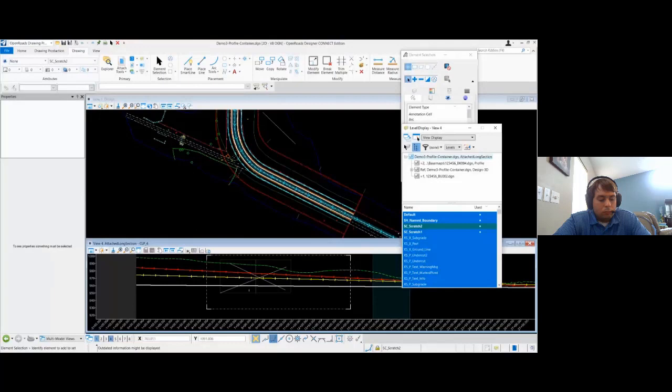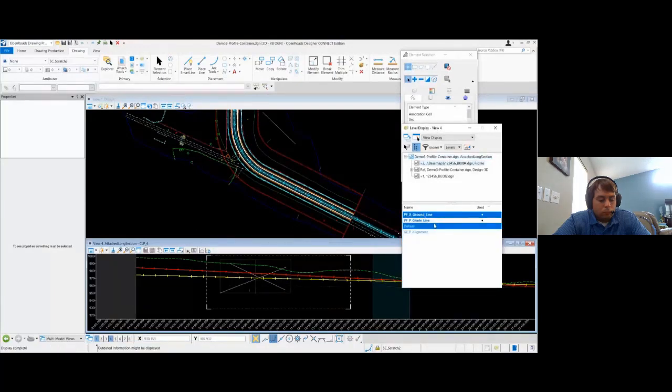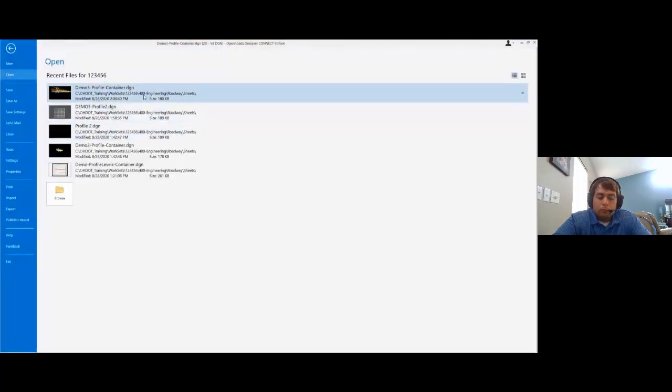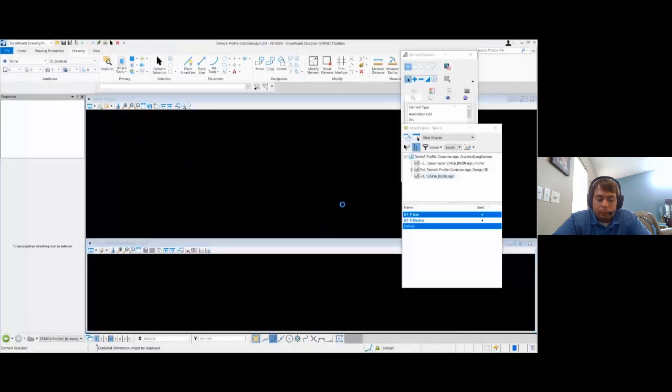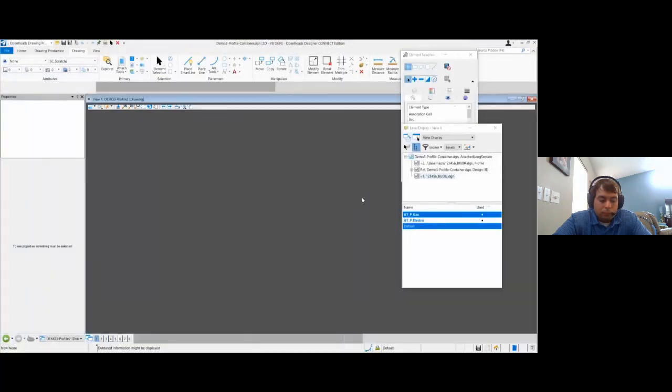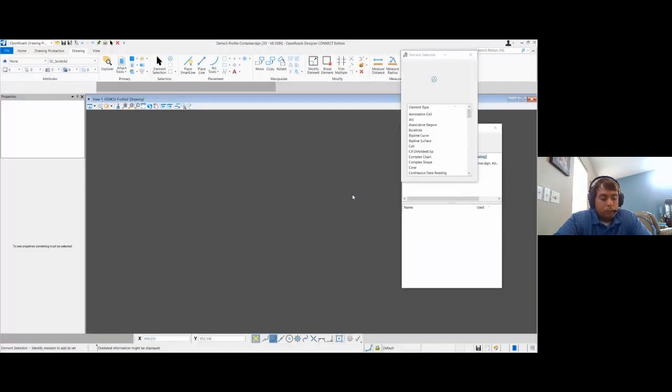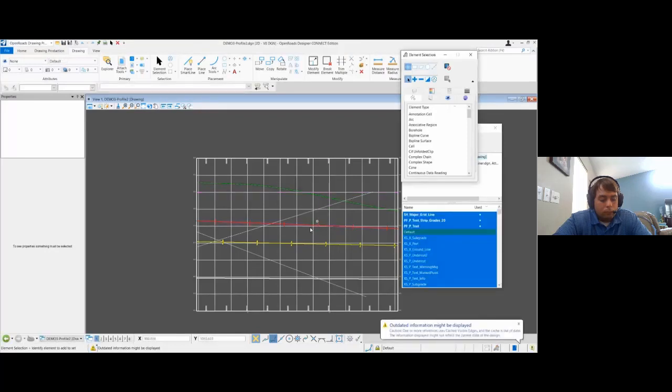But if I start changing level display in here, like maybe turning off the ground line or something, if I save settings, let's turn off electrical too. If I save settings and I go back to my drawing model, one would expect display override set to never to turn those off. But as you see, that didn't happen.